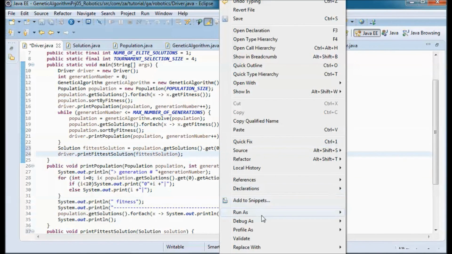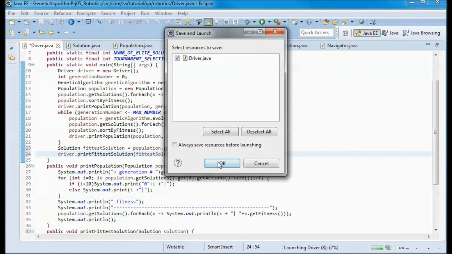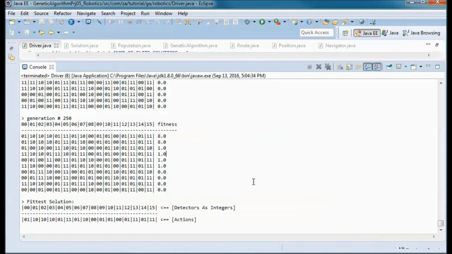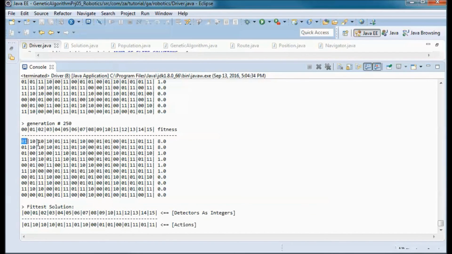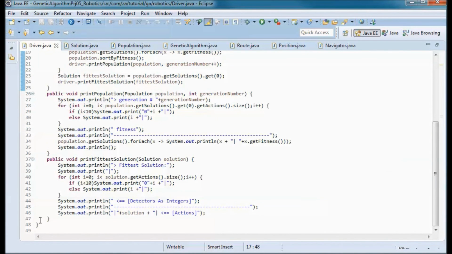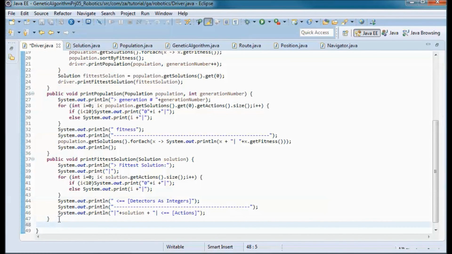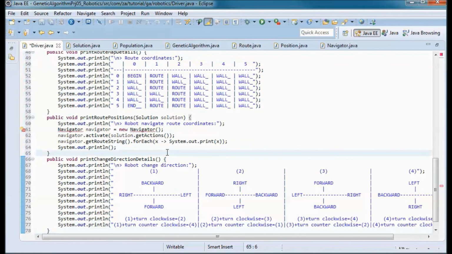So let's run it again before adding more code. So here we go. This was the fittest solution. So we printed it out here. Those are the detectors as integers, and those are the actions for each set of detectors. And if we come back here, I'll add 3 methods that also do printing.